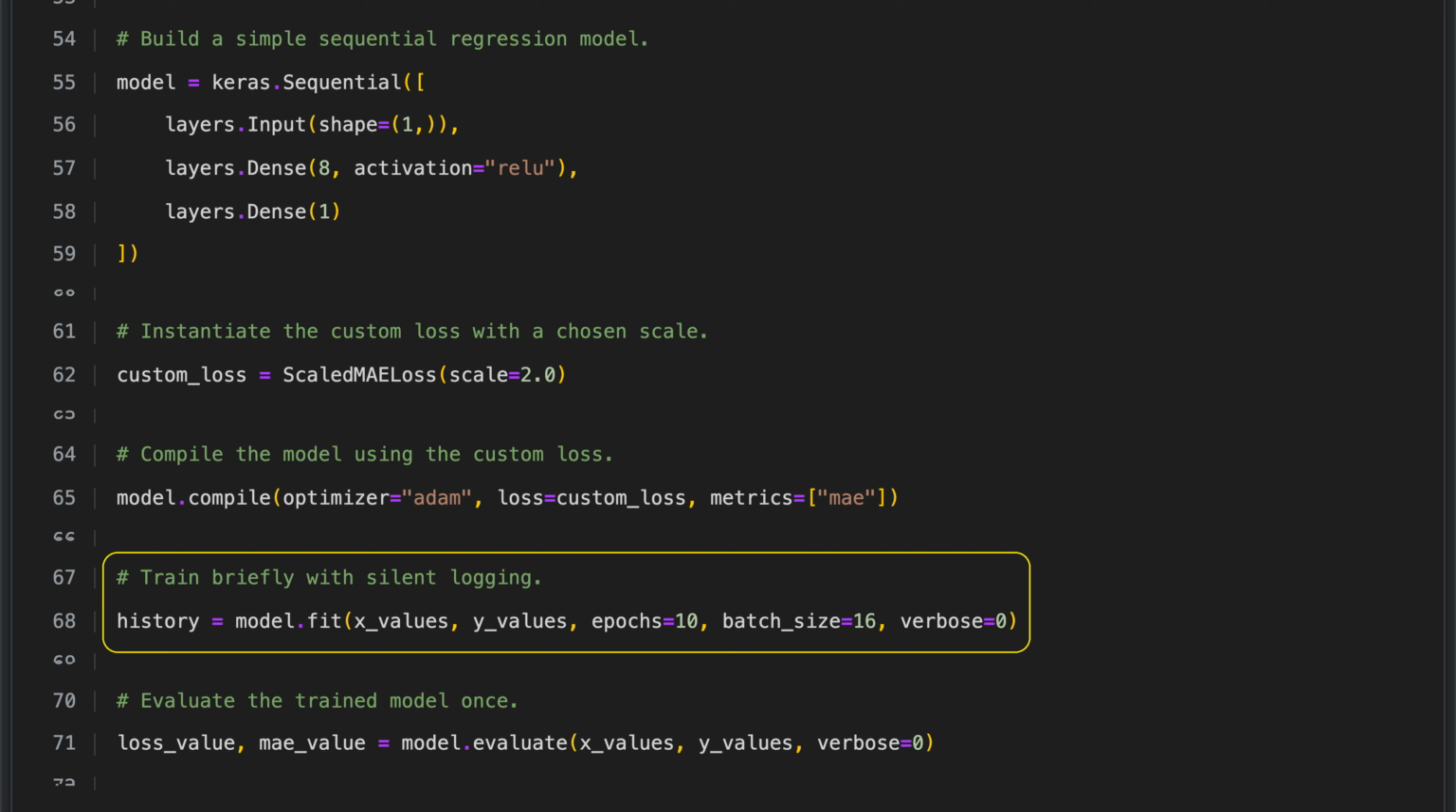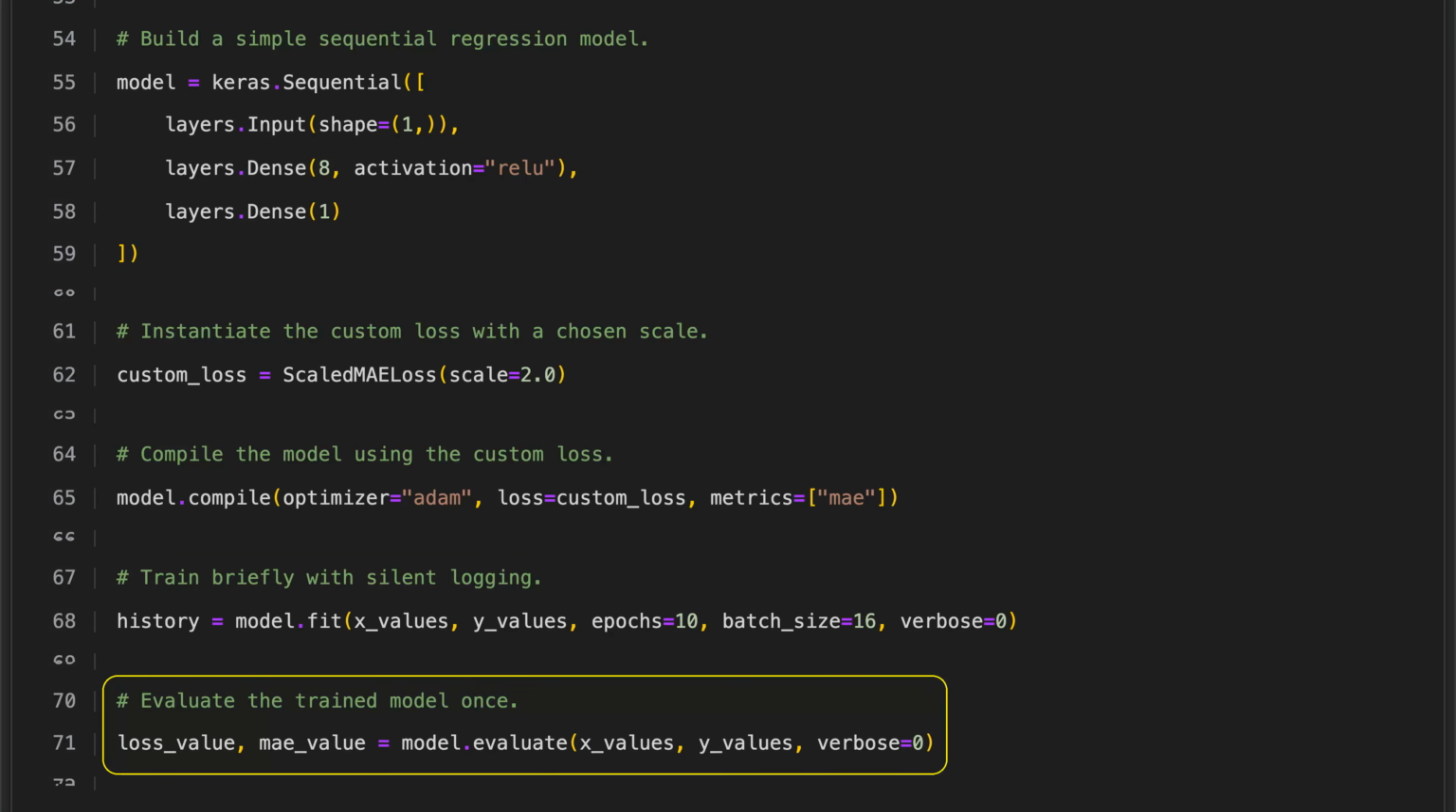The verbose setting is 0, so the training runs without printing progress updates. This configuration provides a quick and quiet training process, which is useful for testing or when you want to avoid extra output. The code evaluates the trained model using the test data by comparing its predictions with the true target